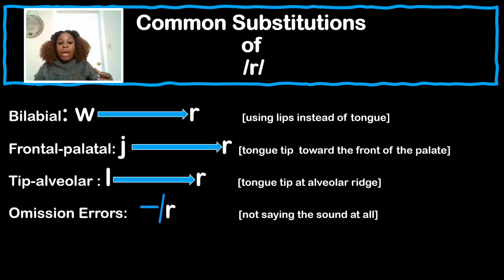And then again, just like with L, if a child cannot find any way at all to get out that R sound, they are totally eliminating the sound in a word where it should be. So you get ed instead of red. And again, if your child is having difficulty with L and R, and let's just add K and G for the sake of an example, and you put all those sounds together in one sentence with different words containing them, their speech is going to be very hard to understand. Okay? So let's keep